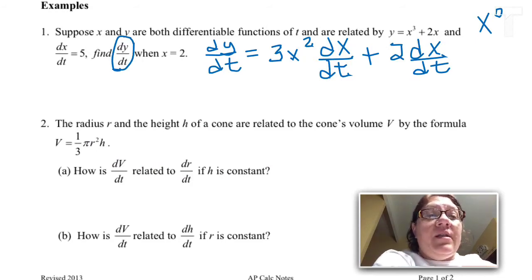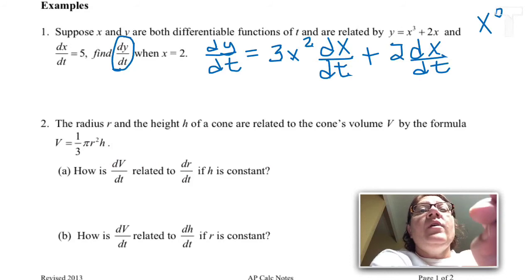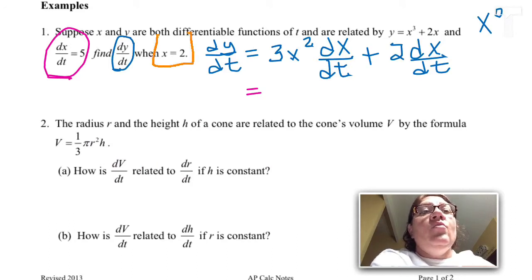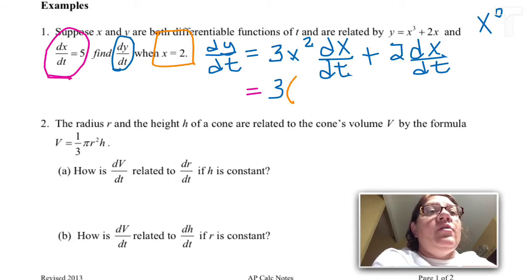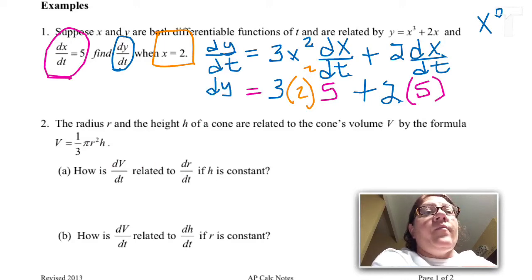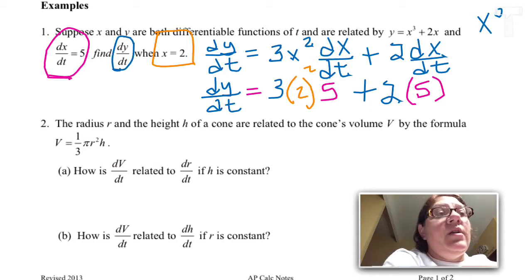So now I have some pieces that I can plug in. I know that dx/dt is 5, so every occurrence of that will be 5. I know that x is 2, so every occurrence of x will be 2. So that means I'm going to have 3, and then I'm going to plug in the 2, and then I'm going to plug in the 5, and then over here for the dx/dt, I'll plug in the 5 again. And so now I can do a little bit of mental math magic and get